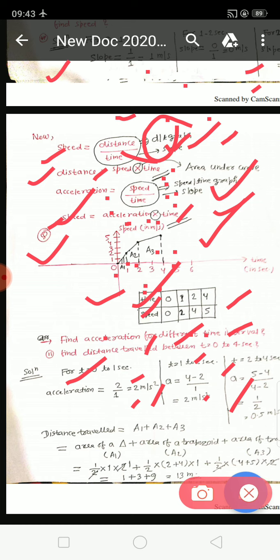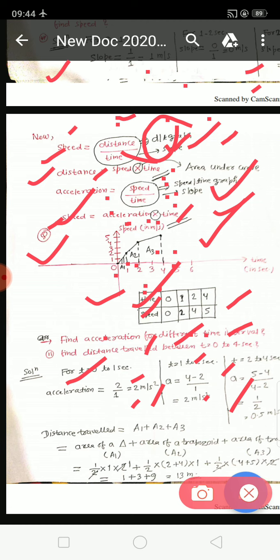Simply, what we are doing is division here. This is the LHS, left hand side, and this is the right hand side. If you have to calculate distance, this time will go to the left hand side and it will be multiplication, because it is division here. It is a mathematical rule: if it is plus on the left hand side, on the RHS it will be minus; if it is multiply it will be division, and if it is division it will be multiplication. So it is simple mathematics. I will teach you mathematics also, but later on; we are going on with physics here. So distance will be speed into time, and speed will be acceleration into time.